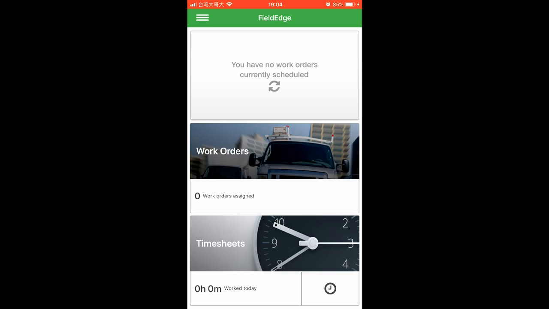As you see, it says you have no work orders currently scheduled, and that's because they're all set in the future. So the first thing you're going to do when you get to the shop in the morning is go down to the bottom right hand side. You see there's a little gray clock. You want to hit that button, and it will turn green,